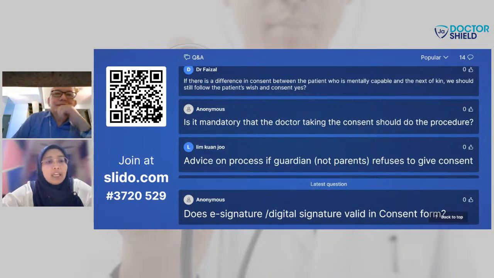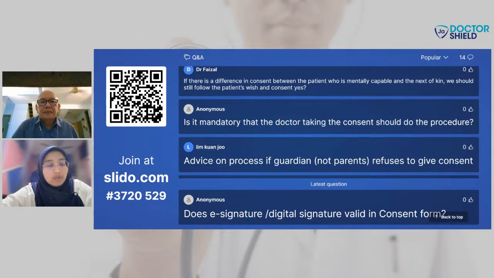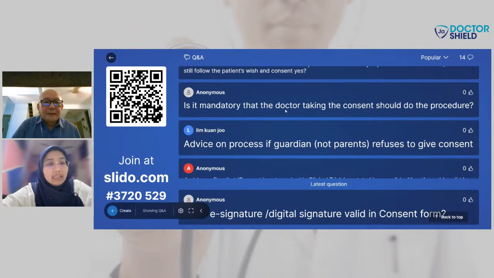Yeah, it would be the surgeon himself, because at the end of the day, as I highlighted earlier, nowadays the concept that the court is applying is more patient-centric. So there must be some sort of communication. So why are you delegating that particular task of obtaining consent, which is quite important, to a junior doctor? Whoever performs the surgery, that particular person shall be taking the consent from that particular patient. It cannot be delegated to a third party.